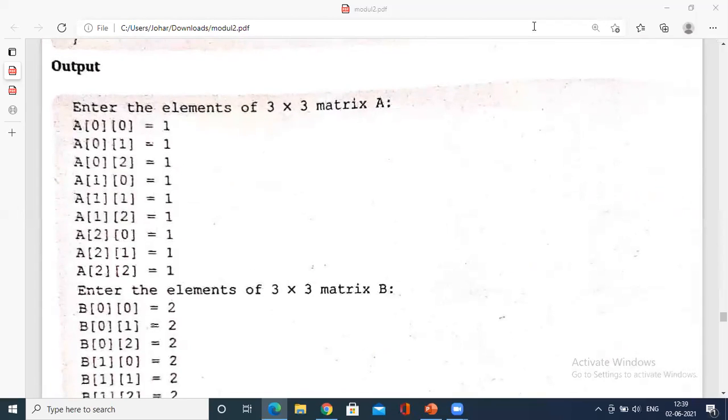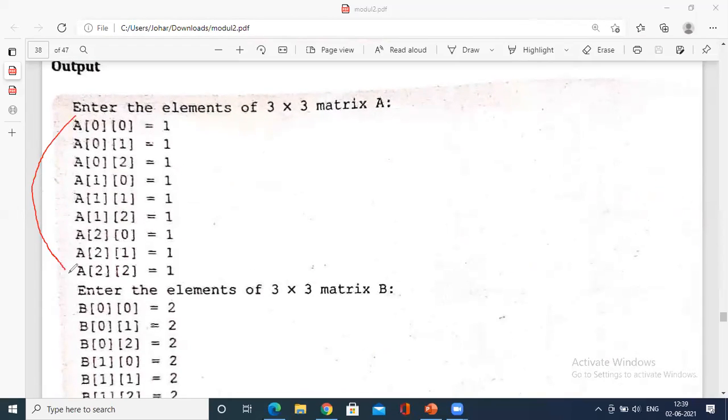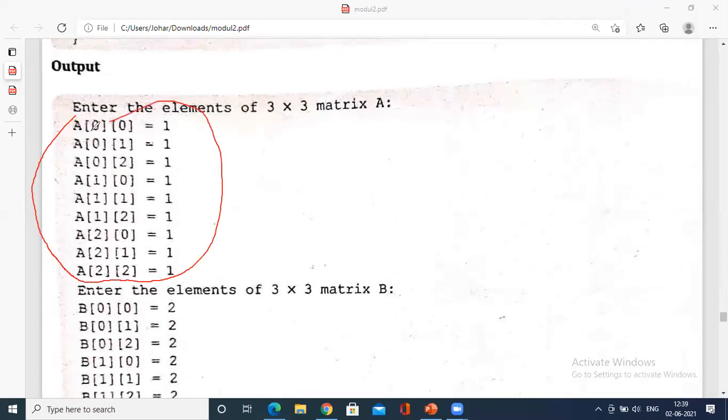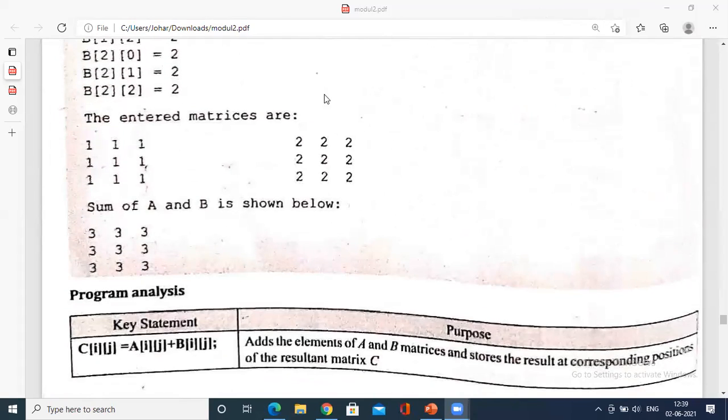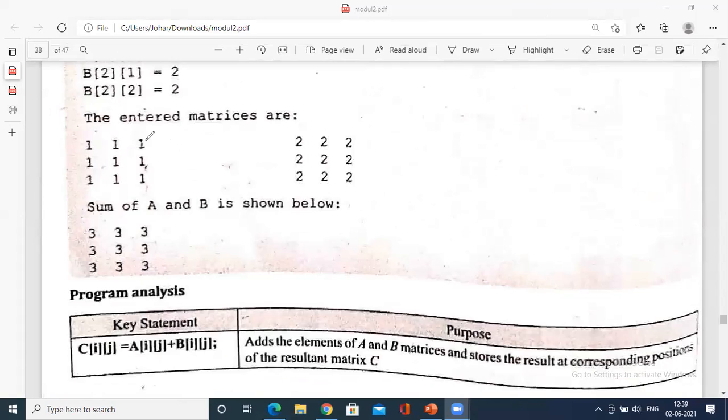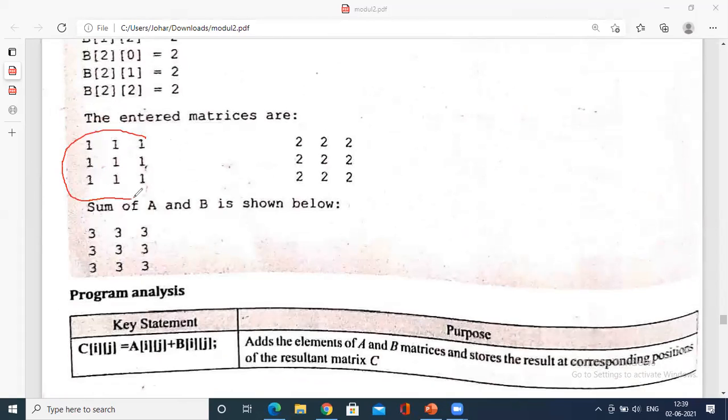This is storing. Use scanf to store the first matrix, and again the second matrix. Once you store it, you display it. So how do you display that? This is the format that you have to display. If you study this, you will find it easy. This is simply a printf statement. After storing these values in a of 0 0, a of 0 1, a of 0 2, a of 1 0, a of 1 1, and so on, you are going to display it.